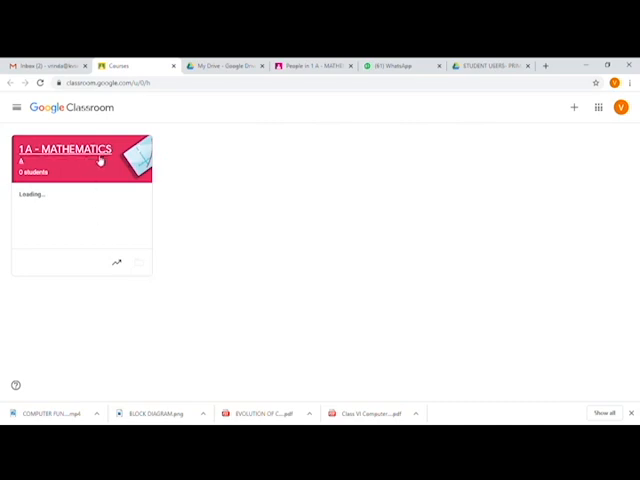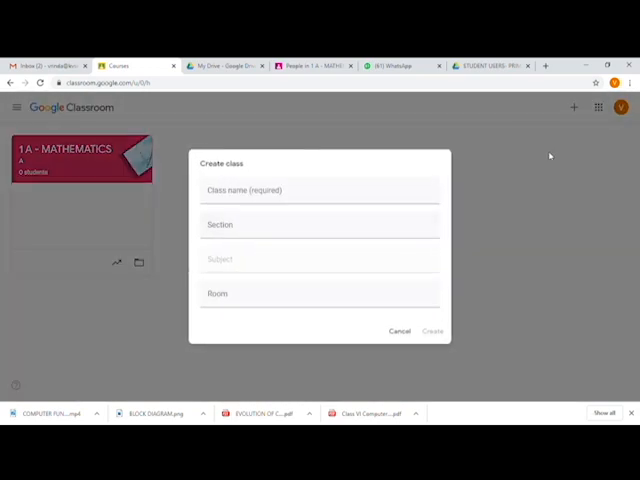Right now, I created a class for a demonstration, but how to create a new class? Go to this plus symbol, create or join. Two menus are there, but we want to create a class. So click on create class. Suppose I am going to take class 2B